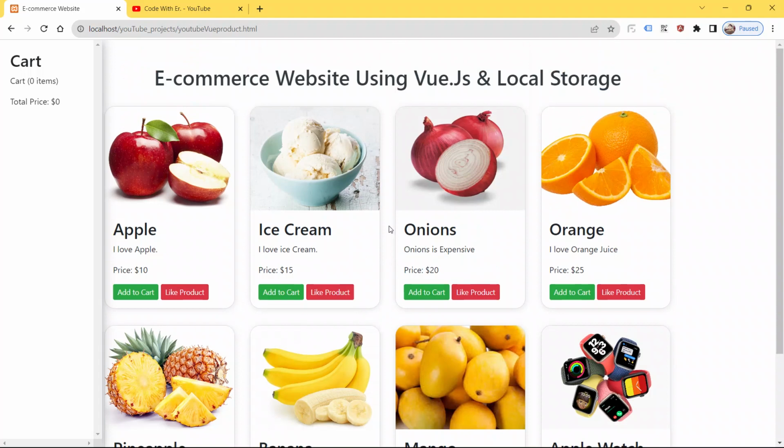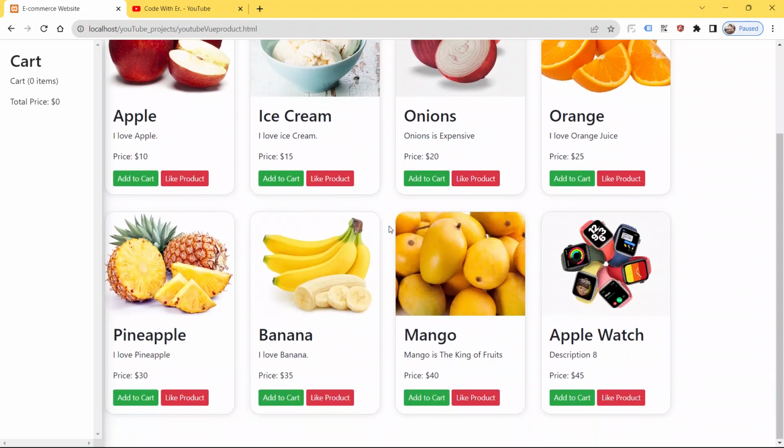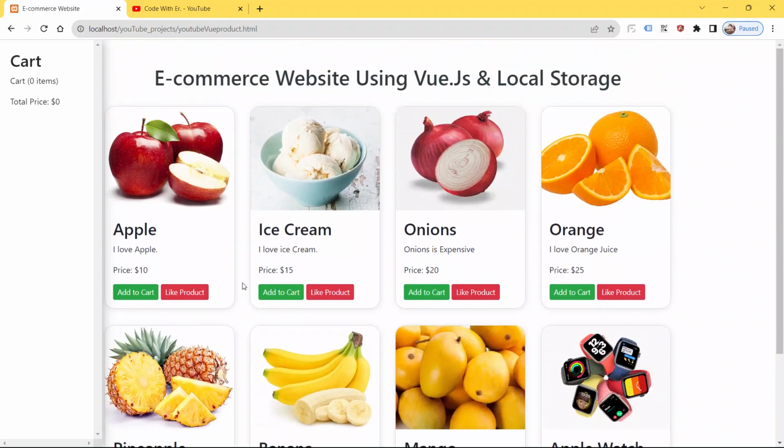To add a product into our cart, we have to click the add to cart button, which is on each and every product. Right now we have 0 items in our cart and the total price is $0.